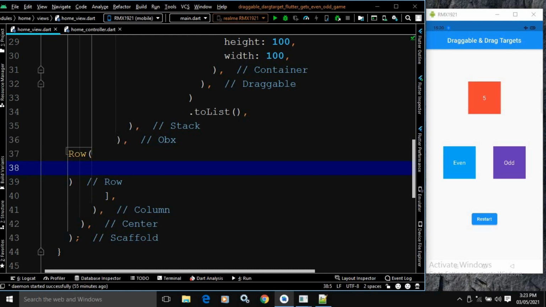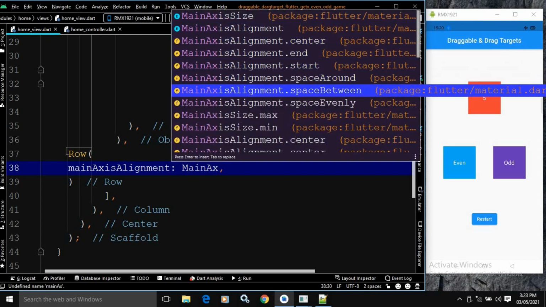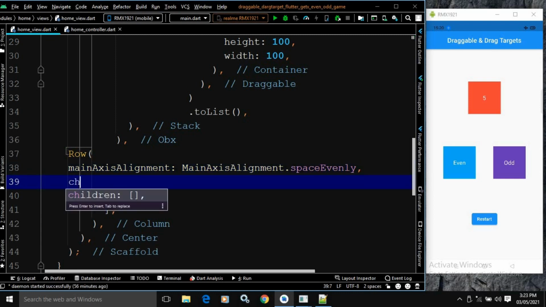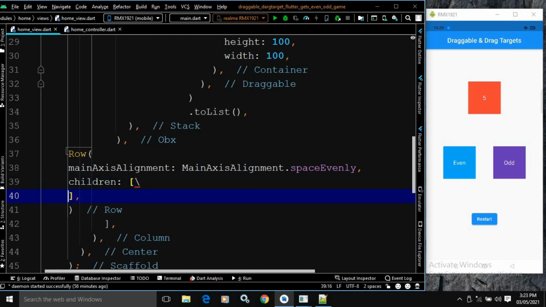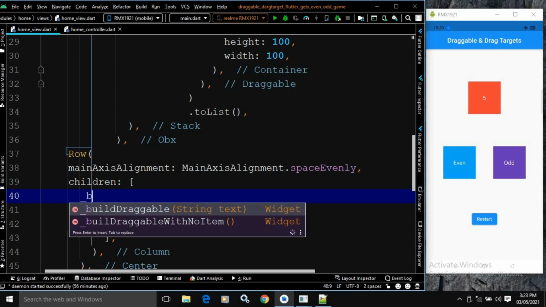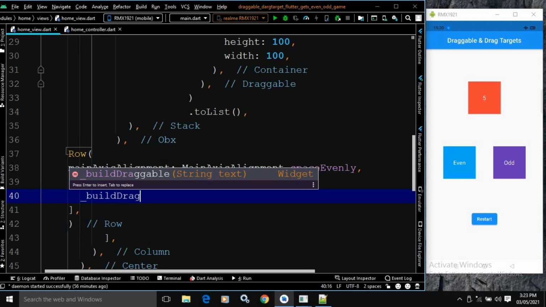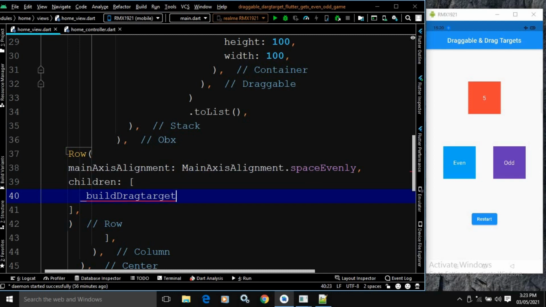Now in the row widget, in the main axis alignment, here I will write main axis alignment dot space evenly, right? After that, in the children property of this row widget, here I will call another function build drag target. Okay, because now we are creating the drag targets, right? Build drag target. Obviously this function I need to create, that I will do later on.